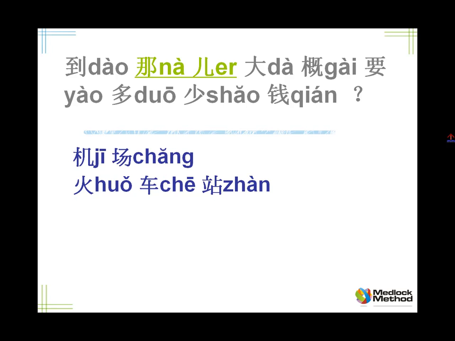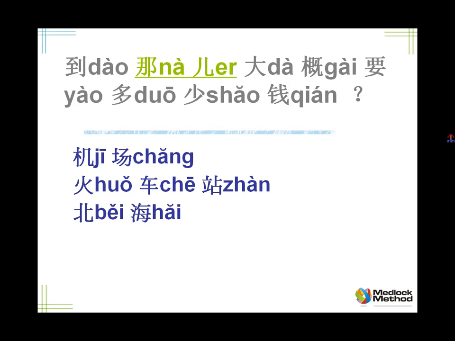Tell me about 30 kuai. 大概要30块钱。 Ask me about how much does it cost to get to Bei Hai. 到北海大概要多少钱? Tell me about 25 kuai. 大概25块钱。